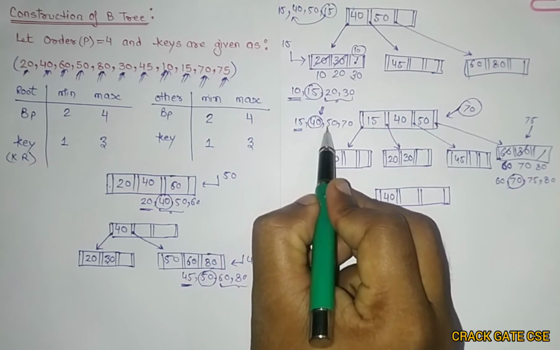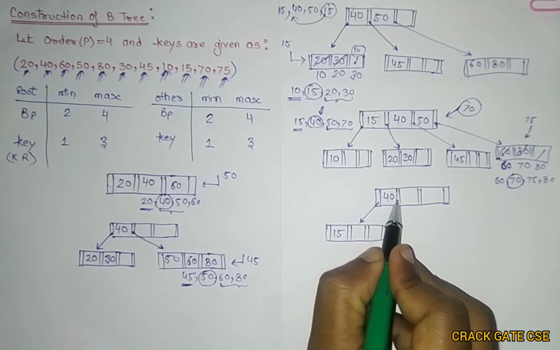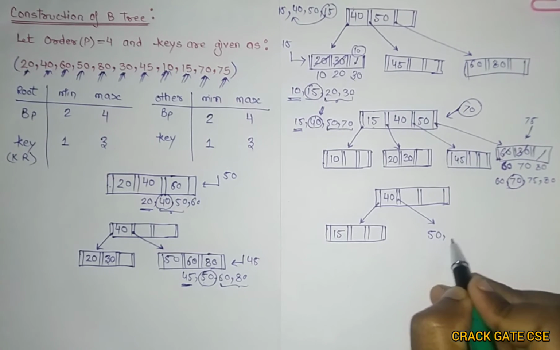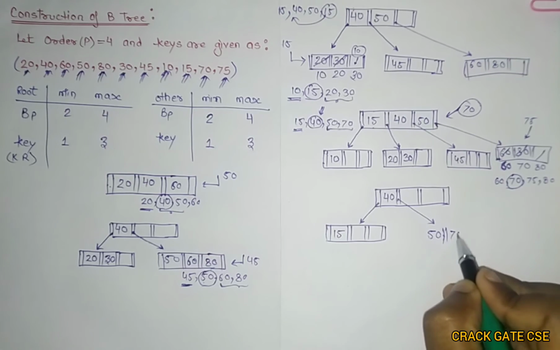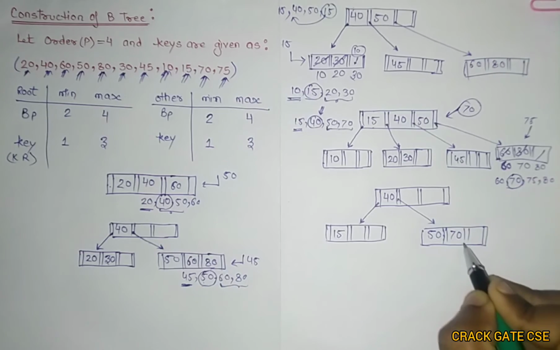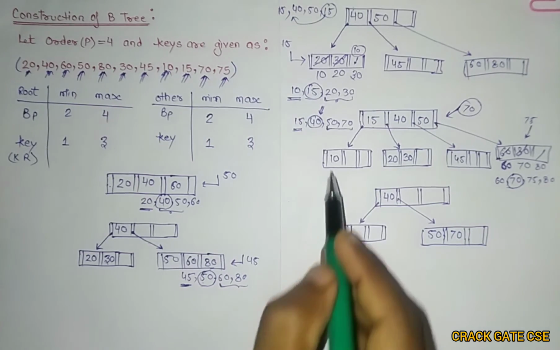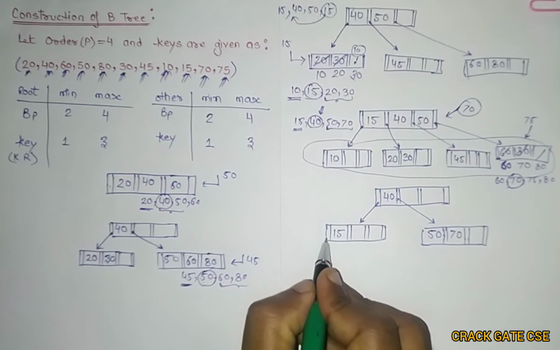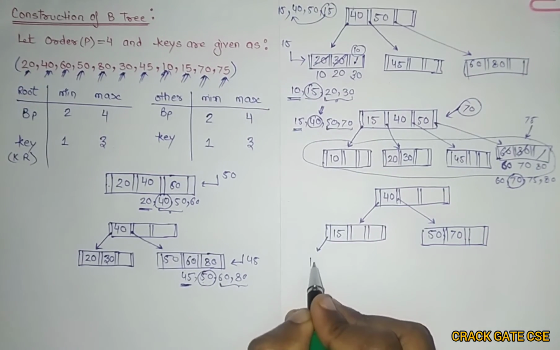On the right of the 40 we will be having 50, 70. So here I will be having 50, not comma, it should be like this, right? Now we have to take care of these nodes. So the 10 should be here,